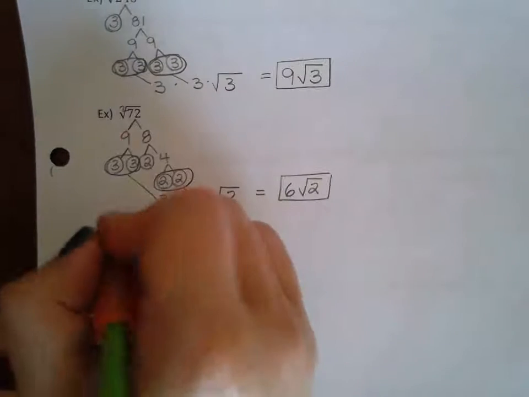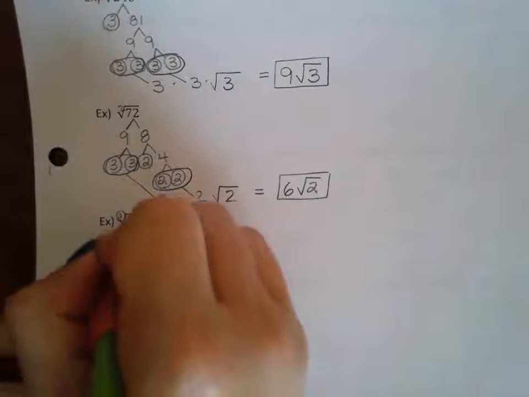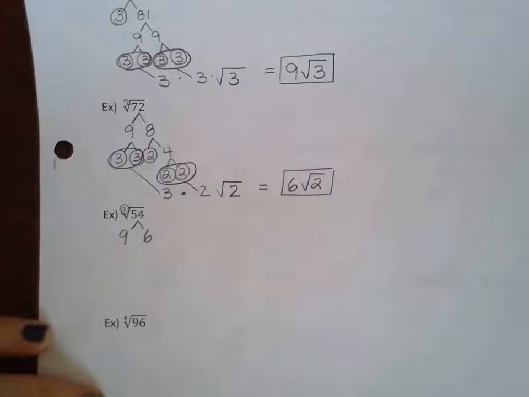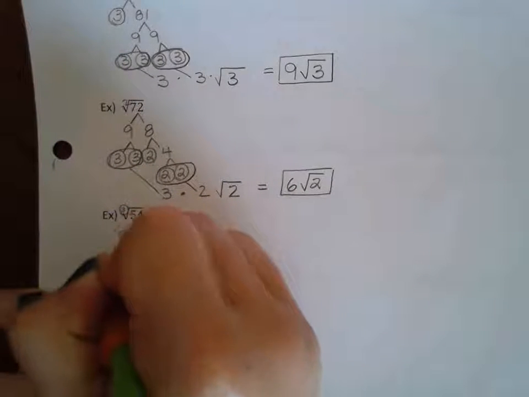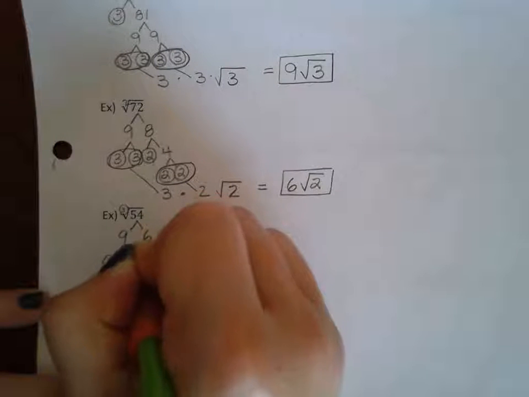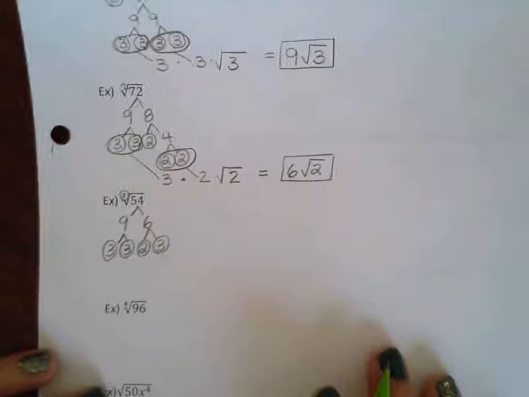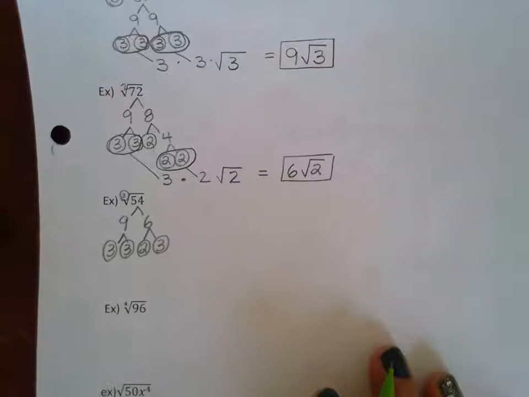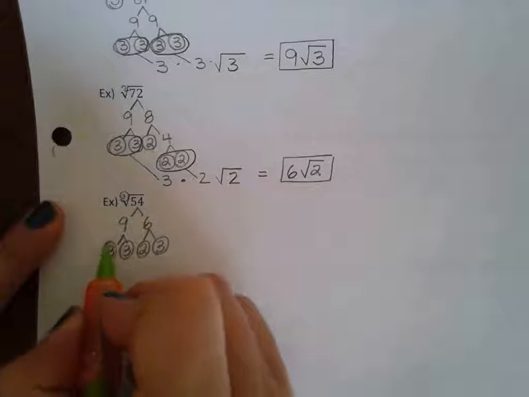Cube root of 54. So let's see, we're going to do groups of 3 for this one. So I'm going to start with 9 times 6. Neither of those is prime, so I'm going to keep on going. This is 3 times 3. These are prime. 6 is 2 times 3. Those are prime. So now I'm trying to find a group of 3 of the same number, all identical, and